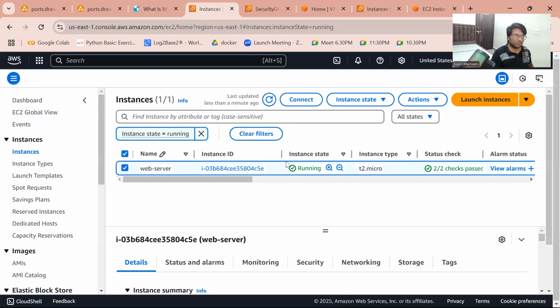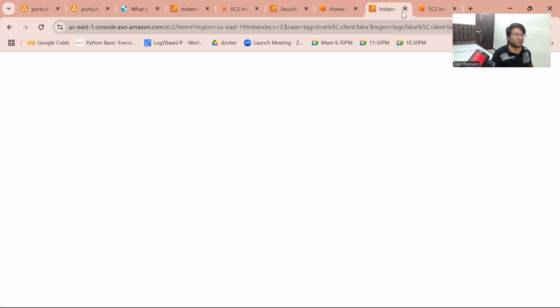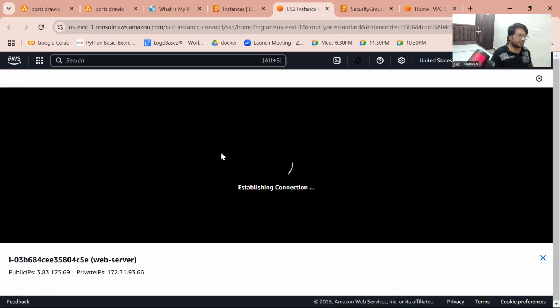No issues. So we can connect to this server. How do we connect? Either you use a PuTTY session or you can use the connect option here. Just go here and connect to this server. I think we already had that connection, but leave it. We can connect again. So now this is my server